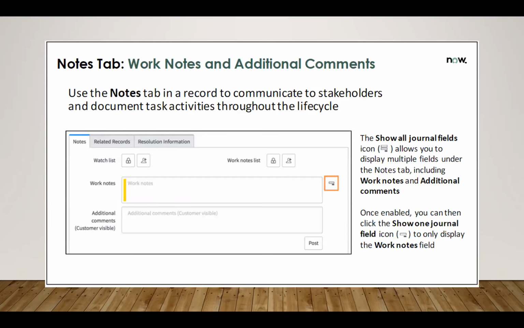So now these two, whenever you are working on a record, you have to interact with a different person. To interact with a different person, you need to communicate with them. Communication can happen in two ways: either we can send them an email or call them, or